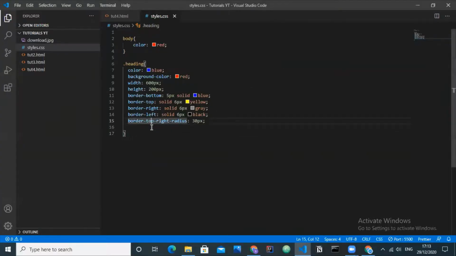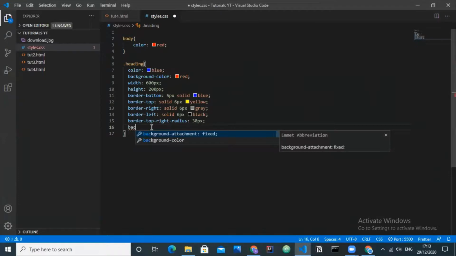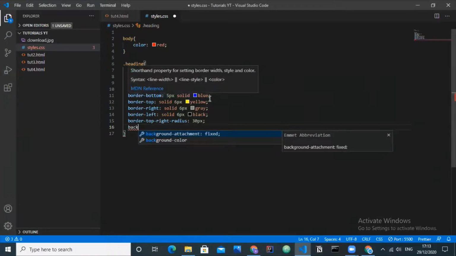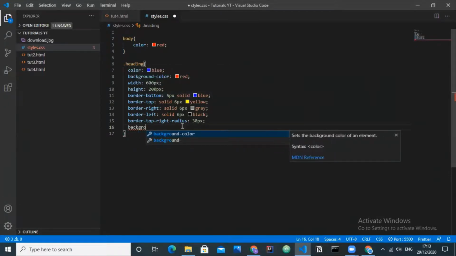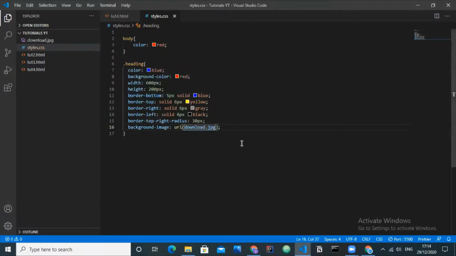We can set a background image for the website through CSS using background-image, with the URL of the downloaded .jpg file that we have here. Let us view it.